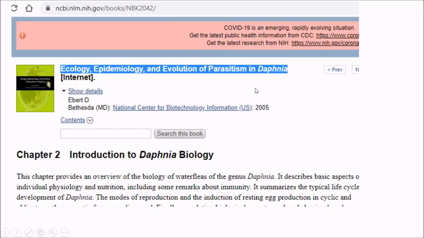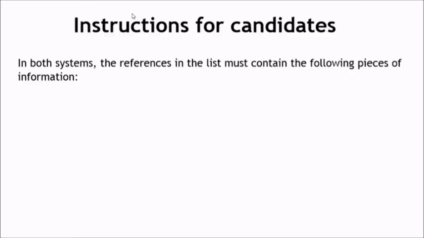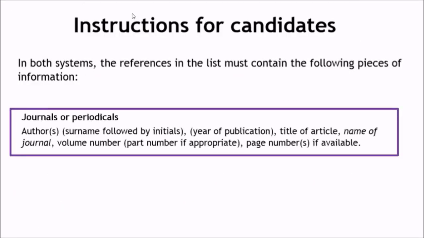You need something about where that has been published, and then chapter 2. If you can't find the page numbers, chapter 2 in this case would be okay. At that point, I would then include the URL as well. Okay. If that was a journal, now you're at the stage where you really want to